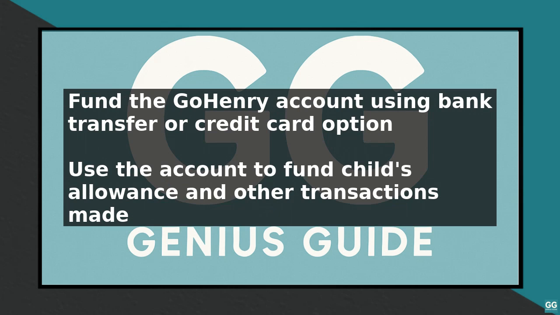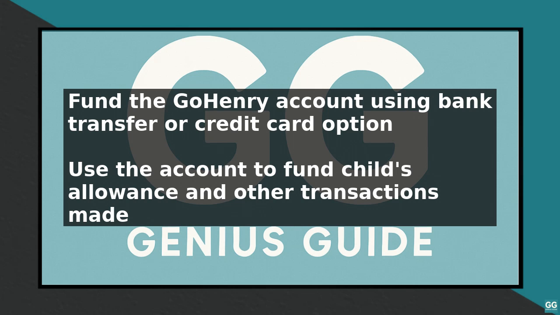To set up the allowance, go to the Settings section of your GoHenry account and select the Allowance option. Here, you can choose how much money you want to give your child each week or month, and on what day of the week or month you want the allowance to be paid. You can also set up automatic transfers, so the allowance is paid into your child's account at the same time